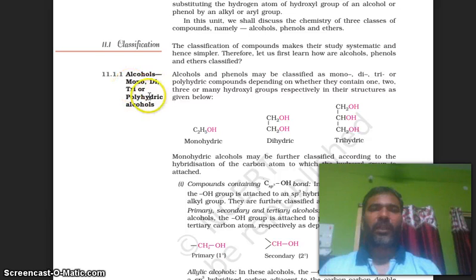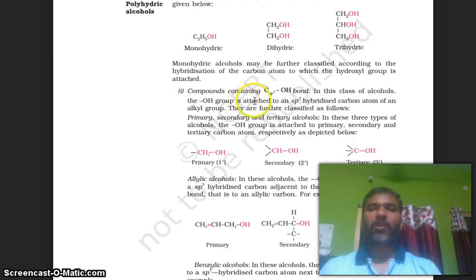Alcohols are mono, di, tri or polyhydric alcohols, with 1 OH, 2 OH and 3 OH. This is monohydric, this is dihydric and this is trihydric alcohol. These are compounds containing sp3 carbon and OH bonds. You see this CH2OH, CHOH and COH. So this is 1 degree alcohol, this is 2 degree alcohol, this is 3 degree alcohol, because this OH is attached